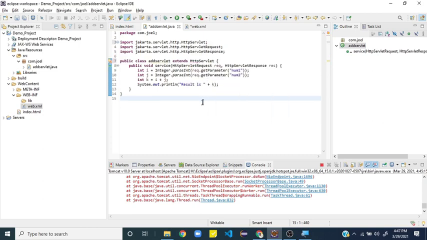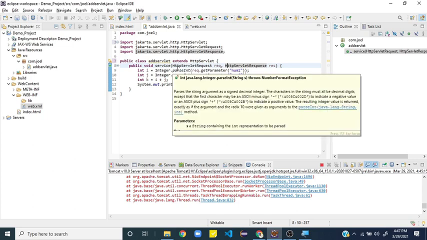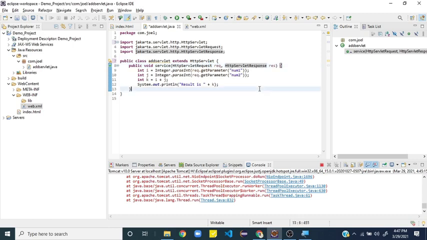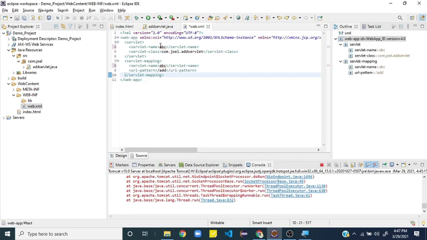So I'm importing this. Okay, that's the most important thing I forgot to mention, because if you are using HttpServlet request and response as parameters, it's very important that you use extends in the class name itself. If you use extends HttpServlet, automatically you get permission to access and use HttpServletRequest as well as response. So that's a blunder that I made. It's not about the name. Okay, so let us try again.